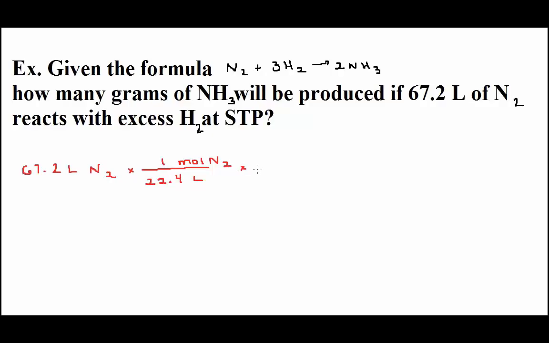Now I need to go from moles of nitrogen into moles of NH3. So I'm going to put moles of N2 on bottom. I'm going to put moles of NH3 up top. This mole-to-mole ratio is based on the coefficient. So the coefficient in front of NH3 is a 2. The coefficient in front of N2 is simply a 1. Finally, I want to get into grams of NH3, so I'm going to put 1 mole of NH3 on bottom, and I'm going to put grams of NH3 up top. The molar mass of NH3 is